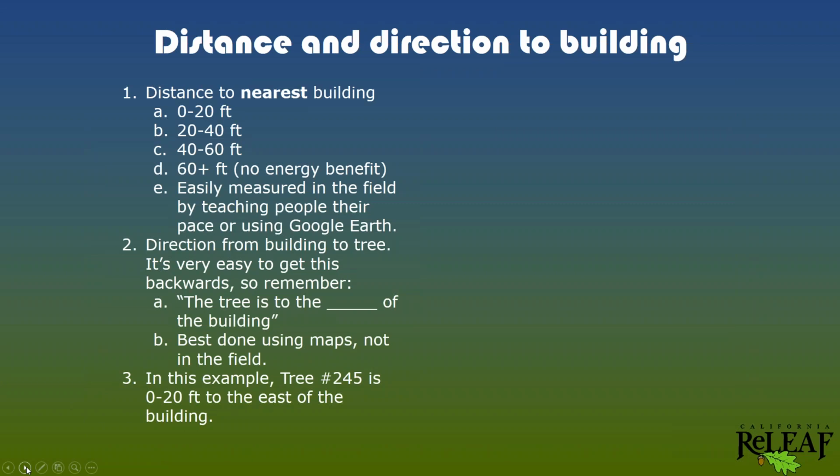Again, you can use your iPhone, your smartphone, out in the field. You can do it with Google Maps or Google Earth at your desk. The next one is the distance and the direction to the building. In this case, again, we're going to measure the distance to the nearest building using those 3 distance categories,